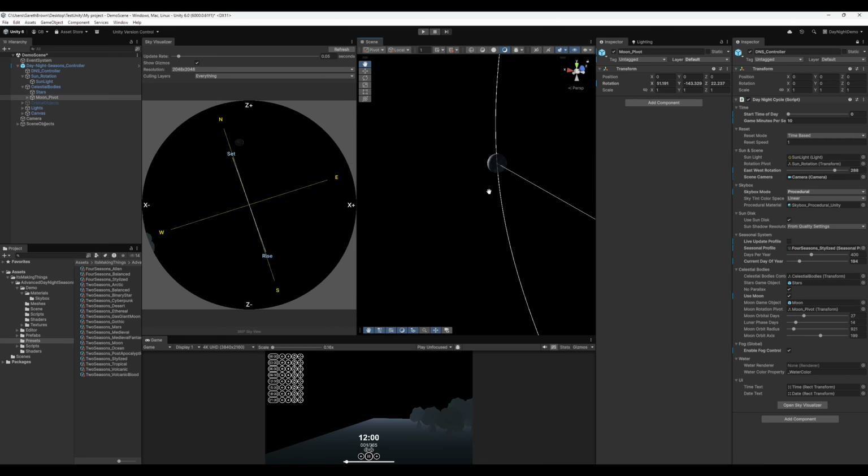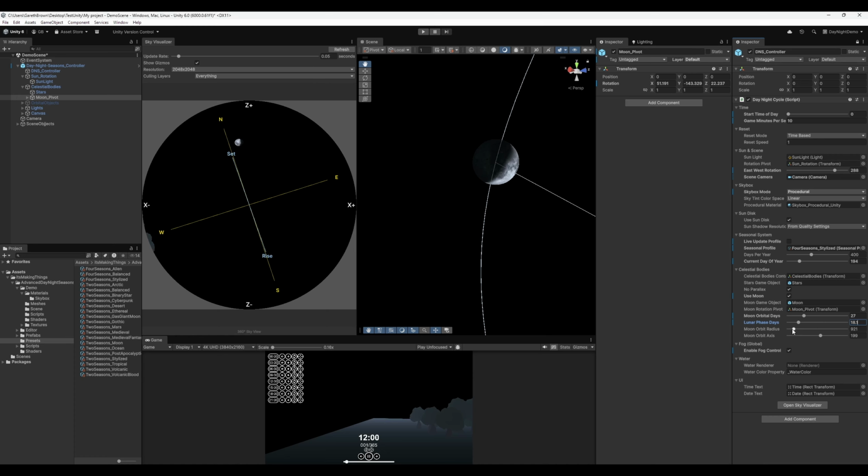The moon system simulates both orbital motion and lunar phases. You can define the moon orbital days for a complete orbit and lunar phase days for a full phase cycle. If we change the current day of year, we can see how the moon's position changes.